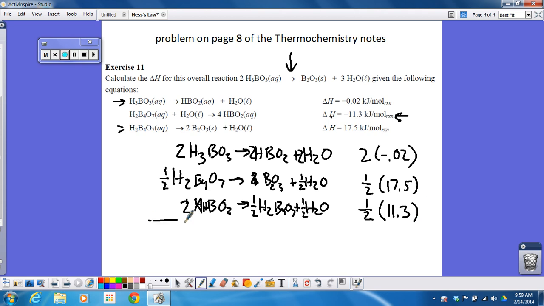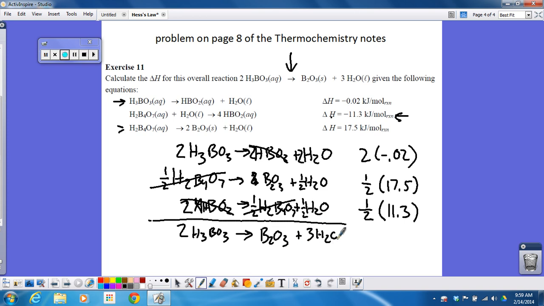So now if I look at what I have, 2 HBO2s here, 2 HBO2s there, they cancel out. 1/2 H2B4O7 there, 1/2 H2B4O7 there, they cancel out. What I have left is 2 H3BO3 yields B2O3, because there's just one of them, and you'll notice there are 3 H2Os. So now I get the overall reaction, my target reaction. And to get the delta H, I have to add up those 3. If I add up those 3, I get